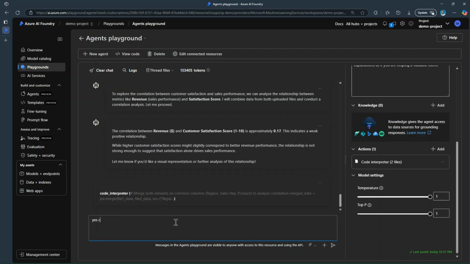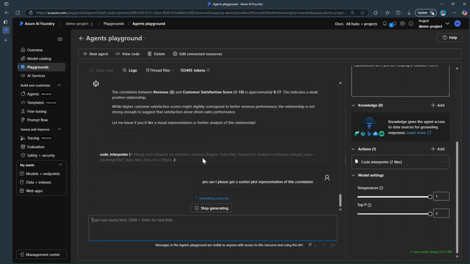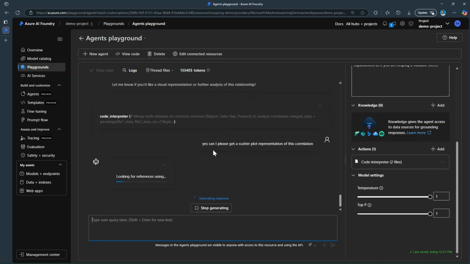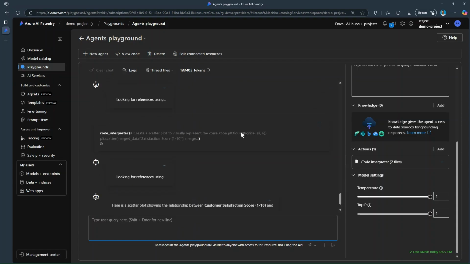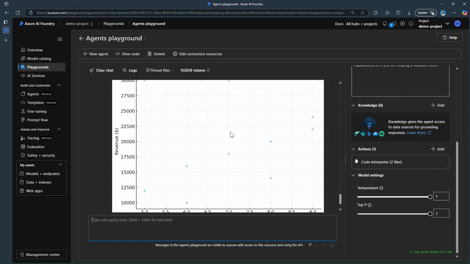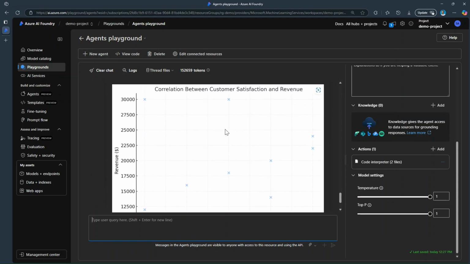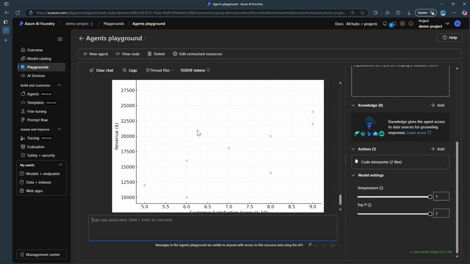Now let me just ask it, yes, can I please get a scatter plot representation of this correlation? Sometimes it's easier to see correlation with a scatter plot. So let's just follow up. Let's ask it for the scatter plot. And there you go. You can see that it looks like pretty weak correlation, but I just wanted to demonstrate that